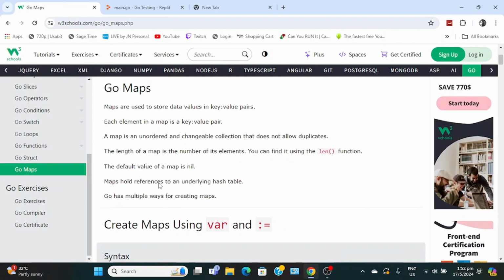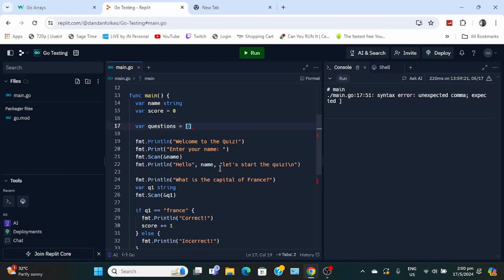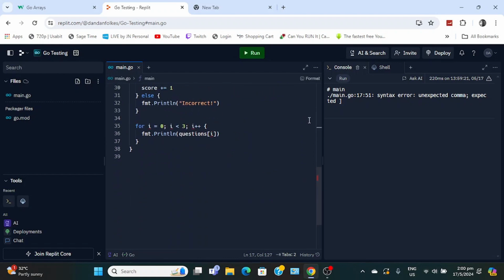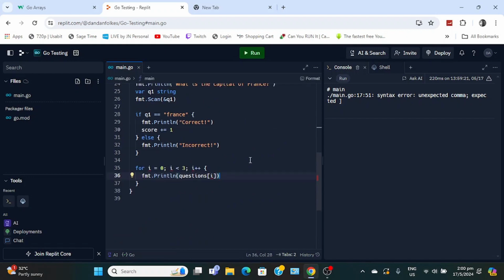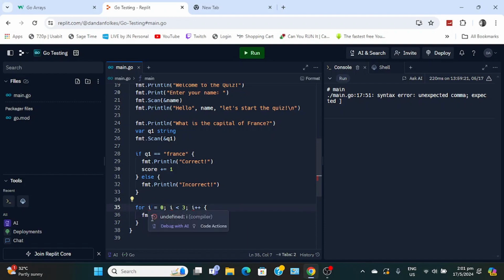Well, I didn't pay attention to map, data values and key. Length 3, string equal that. God, I already forgot. I just learned this stuff. Jesus. What is the capital of? Alright, there we go. All the capitals. So for, let's see, questions i. That works.